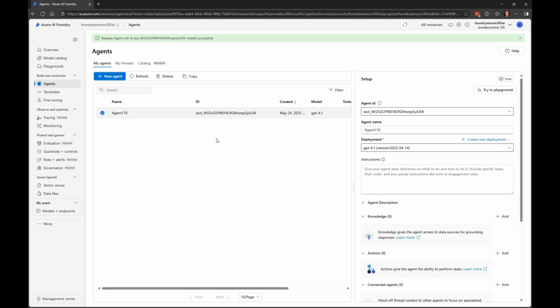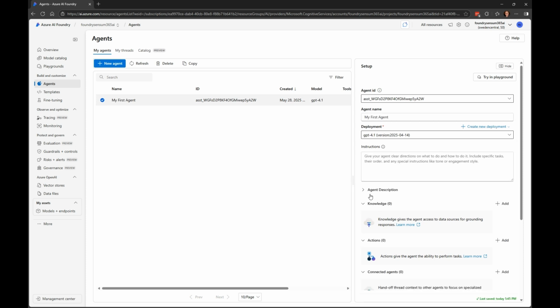The agent itself here, so threads is every single conversation. If you know OpenAI, each of your conversations over here equals one thread. So if we look here, we have the agents. We can give it a name. Unfortunately, we can't change this ugly ID. They are auto-generated, but we can call it my first agent. We have the deployments, and we have the instructions, the developer message, system message, whatever we call it.